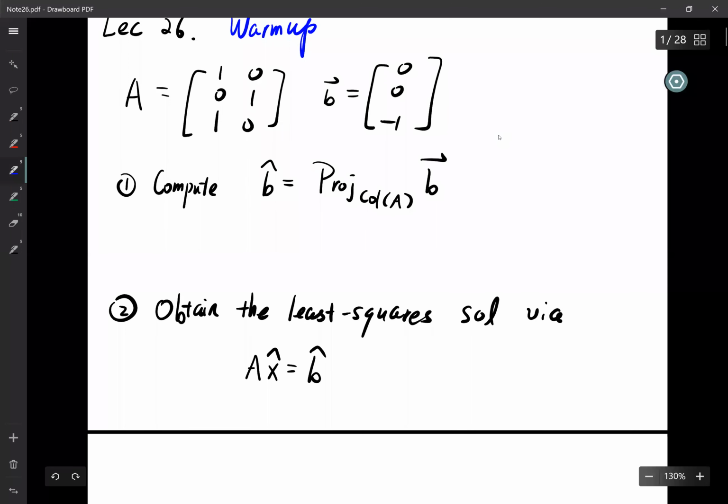So how do we compute? First of all, we want to make sure that we've already got an orthonormal basis, or at least an orthogonal basis of the column space of A. We find that the column vectors are indeed orthogonal to each other. The inner product is 0, so we're good to start. So we compute